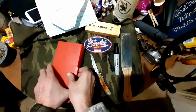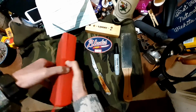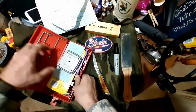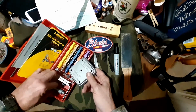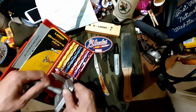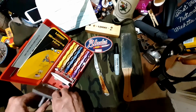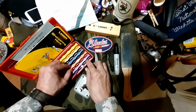So for the longest time, besides a regular stone and trying to freehand, I've used a Lansky system. Only recently have I gotten this base and this handle attachment for it. And all of the original ones in here were stones, and I've switched all of those to diamonds,